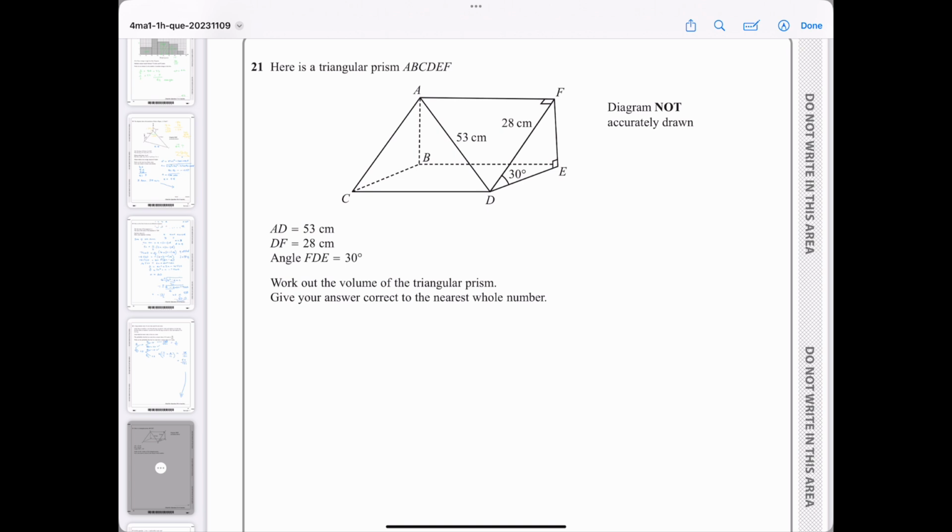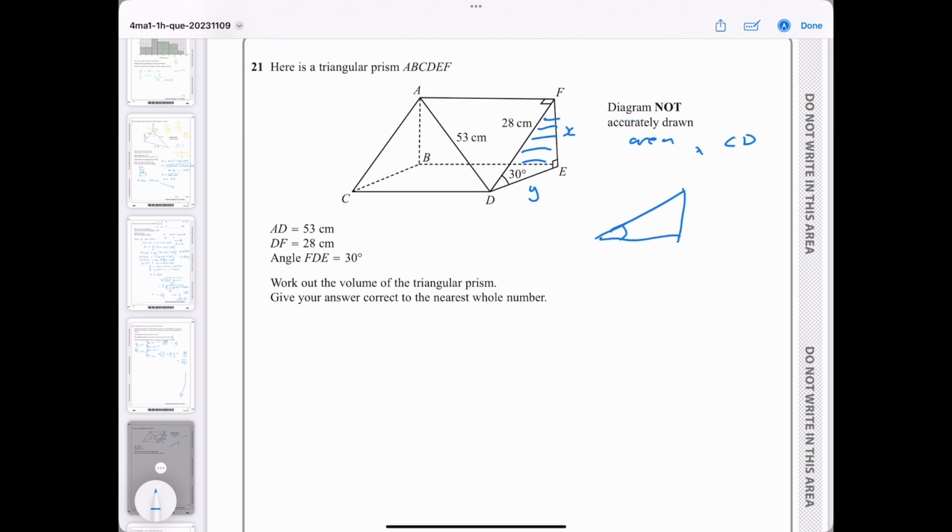So in order to do this, we need to know what one face is, well, that one, the area. And then we need to times it by CD or AF or whatever. And so we don't know any of those. So to find out the area of this, we need that one and that one. So in order to find out y,